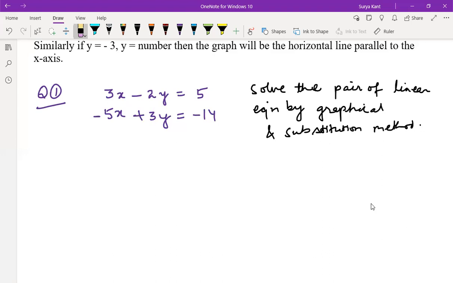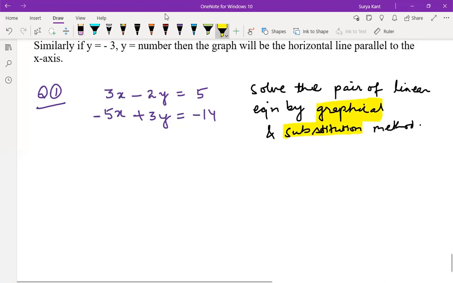So all of you, can you do it or not? Those who cannot do it, just tell me right now. Without wasting time, those who are having doubt in doing these questions by the graphical as well as substitution method, just tell me right away. Will you give us some time? Yes, I'll give you around 3 to 4 minutes. Take 5 minutes comfortably.